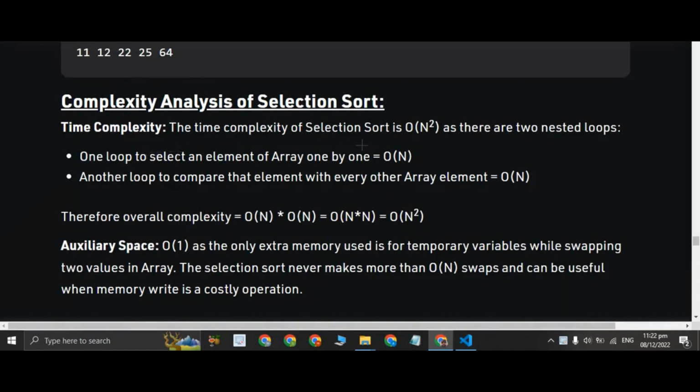So the time complexity of the selection sort algorithm is O(n²), as there are two nested loops. One loop selects an element of the array one by one, so it has a time complexity of O(n), and then we run another loop, the nested loop inside our first loop, to compare that element with every other array element, so it has a time complexity of O(n). Therefore the overall time complexity for our selection sort algorithm will be O(n²), and space complexity will be